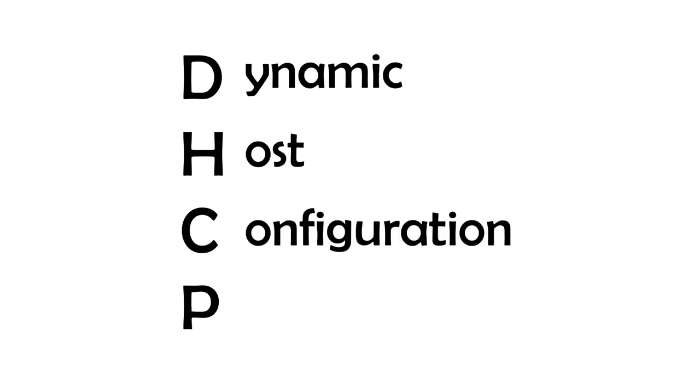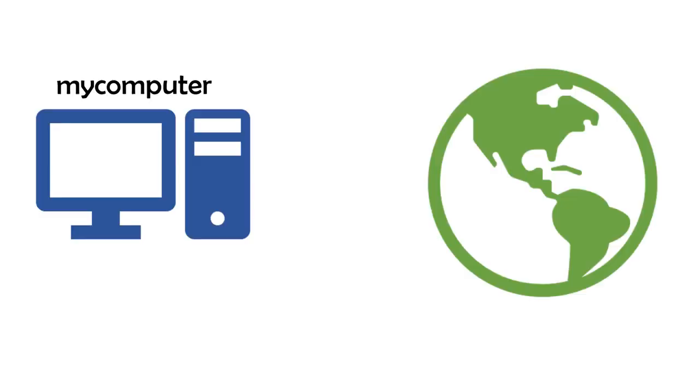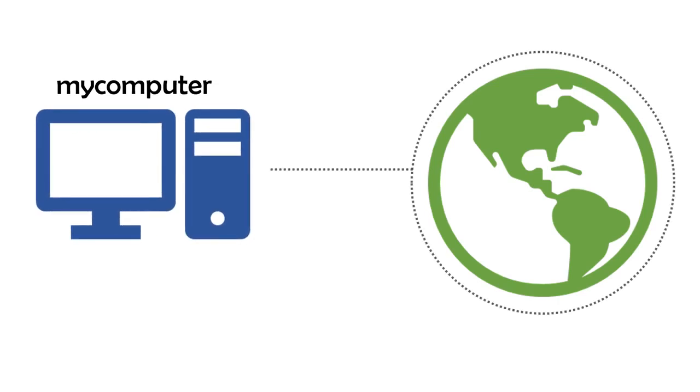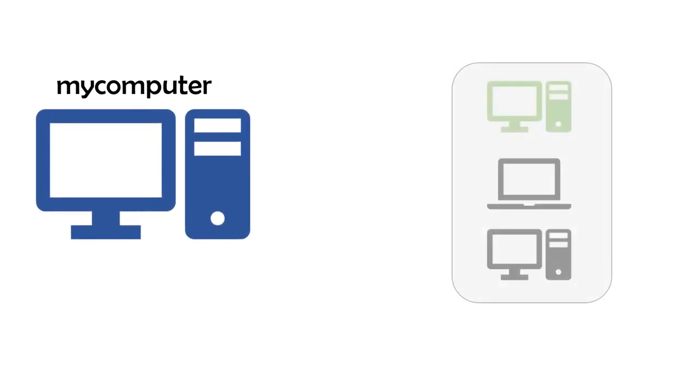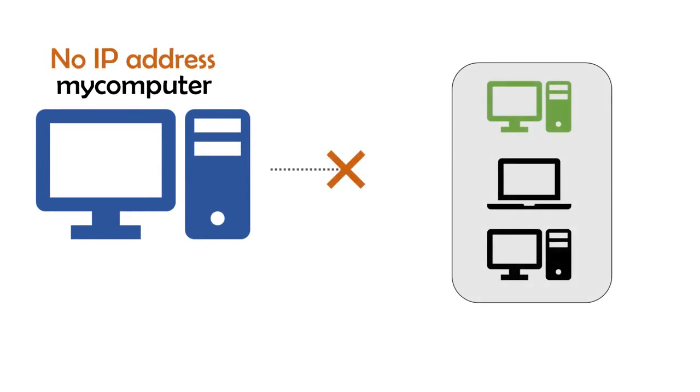Dynamic Host Configuration Protocol, and it's all about computer networks. It describes how devices connect to a network and how a network's addresses can be configured and managed centrally. Let's say you buy a shiny new computer and want to connect it to the internet to watch your favorite YouTube videos. To join a network, a device has to have an IP address, an Internet Protocol address, on that